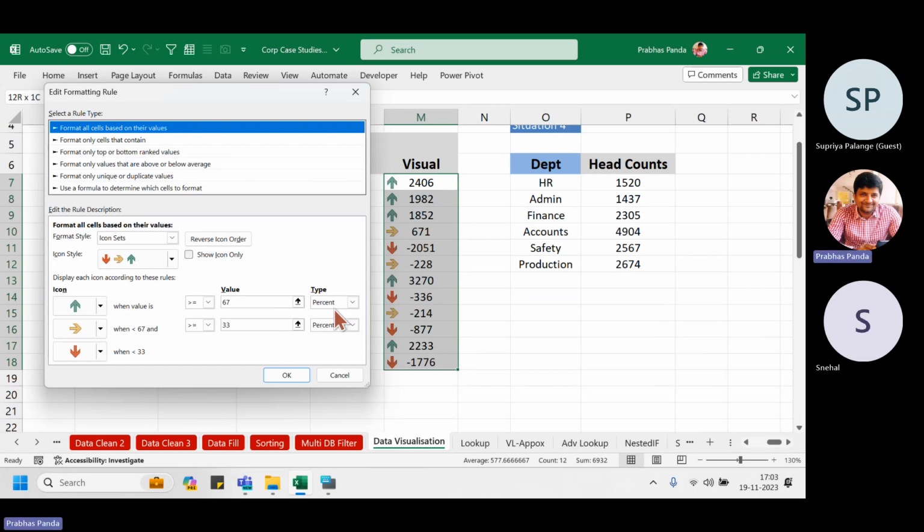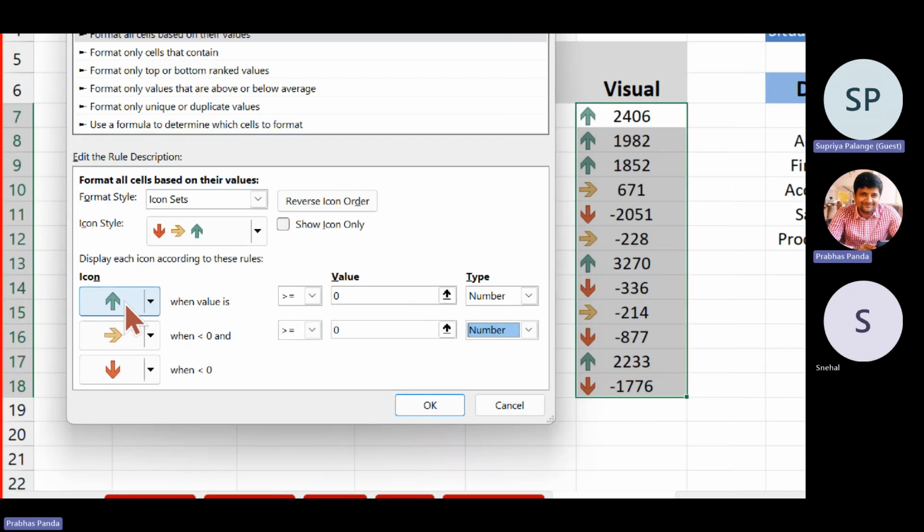नंबर में। तो पहले हमको चेंज करना पड़ेगा नंबर। फिर अगेन दूसरा जो डेटा टाइप है परसेंट, उसको भी नंबर में चेंज करेंगे। फिर यहाँ पर जो ग्रीन कलर अप एरो की आइकॉन दिखा रहा है, क्या दिखा रहा है कि अप एरो कहाँ पे यूज होगा? When it is more than or equal to, और greater than or equal to 0।